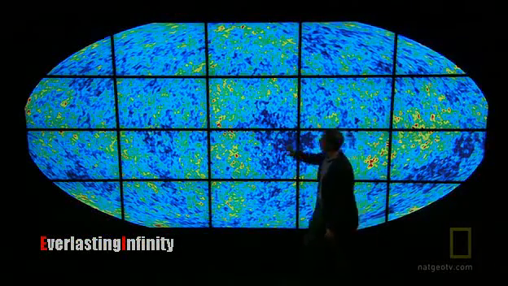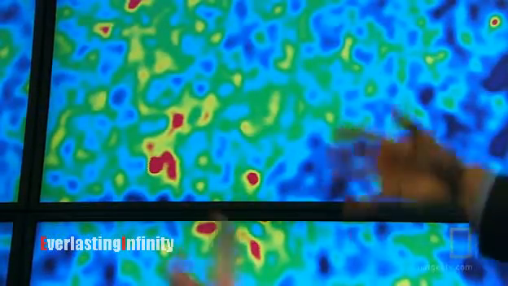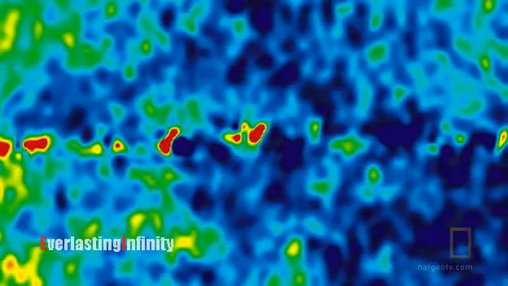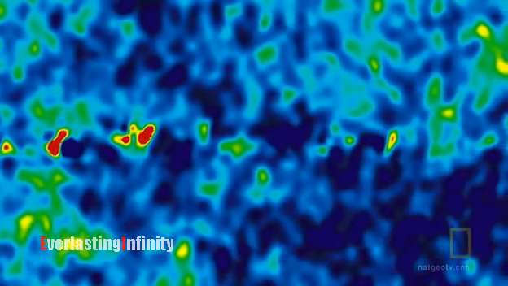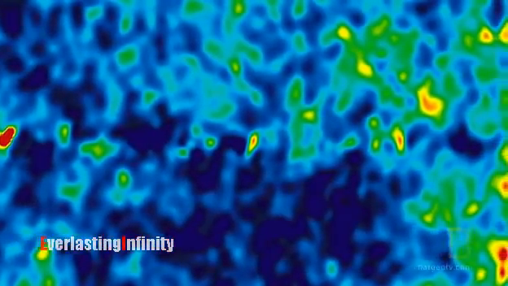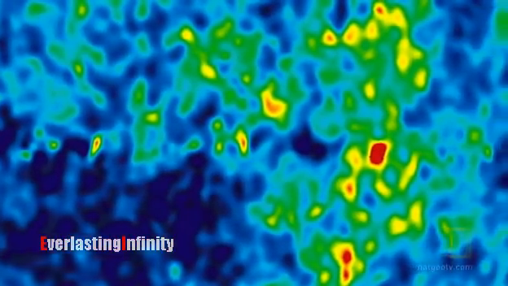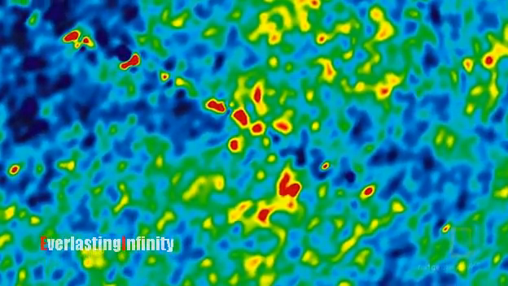If you look closely, you can see that there are red spots and there are blue spots. These red regions are regions where there's basically more stuff. And the blue regions are the regions where there's less stuff. This image reveals tiny variations in the density of the gas that fills the early universe. Minute ripples that will grow with time. We think that these primordial ripples are the seeds to all future structure. These ripples eventually grew into what became the first galaxies.